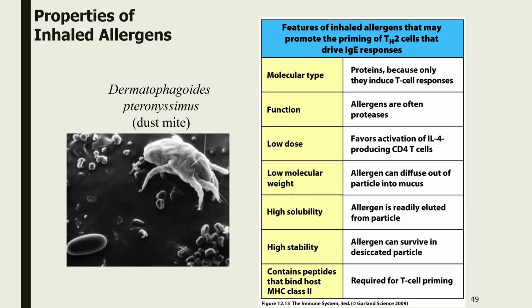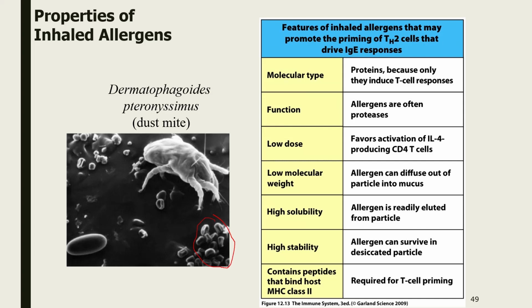Usually they are soluble, but in most cases they are present in a dry particle form, either from a plant, we're talking about pollens, grass pollens, flower pollens, or from animals. Remember, danders are the dried skin cells, dried dead skin from your cats and dogs, and we can have fecal matter of dust mites. Those are all